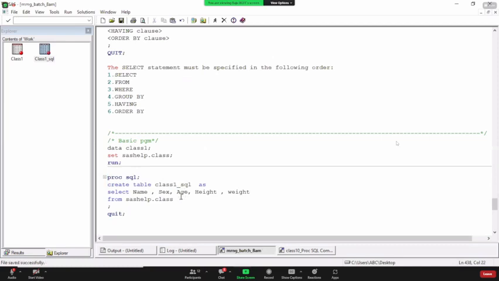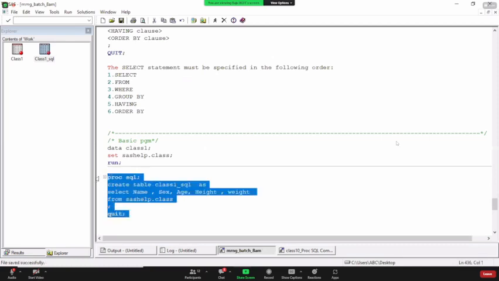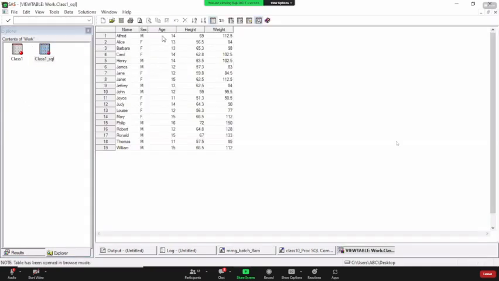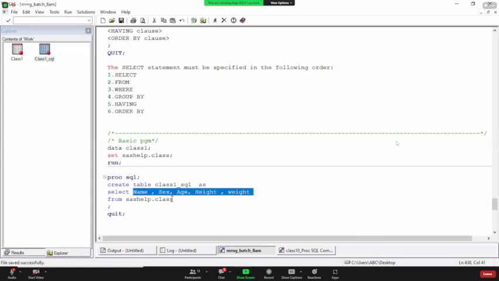Now, see here on a select statement, I'm mentioning all the variables. In the input data set, whatever variables are there, if all the variables are required in your output data set also, then you need not write all the variable names like this. If you require all the variable names,